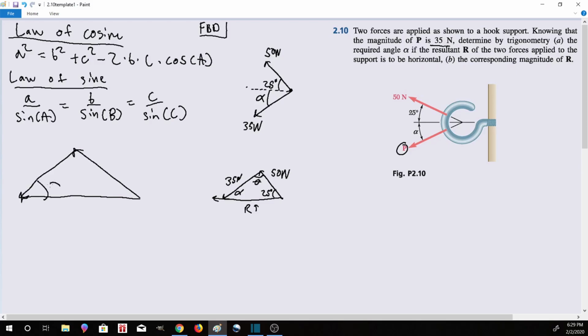So this is angle alpha, this is the unknown theta, and this is 25 degrees. We have 50 newtons right here, 35 newtons right here. And then this is some random resultant magnitude or whatever. If we apply the law of cosine, we can label, because we know that a squared right here,